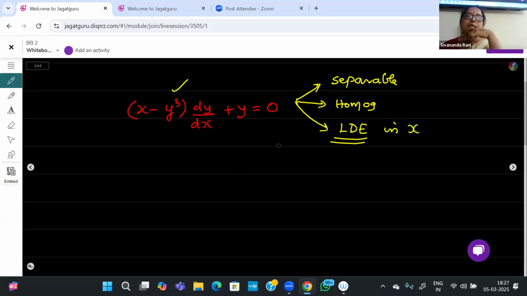Can you all rearrange like that? Did you realize it's definitely not homogeneous? 1, 3, 1. Okay, not homogeneous, and it's not yielding separation also. So that being ruled out, you have to examine. So if it is LD in X, which is strongly suspect, you have to rearrange it as